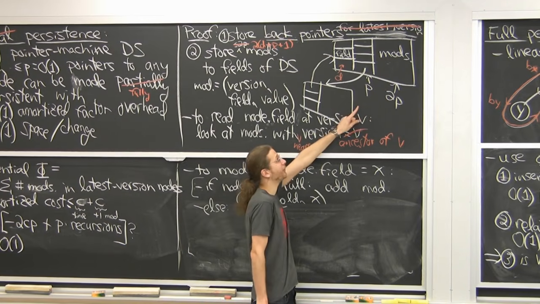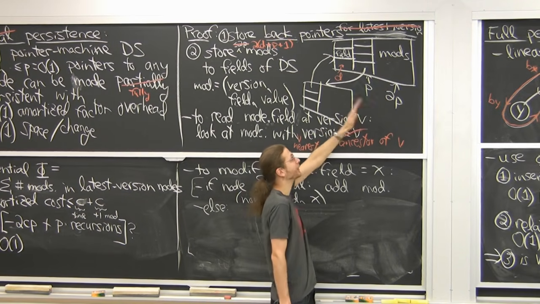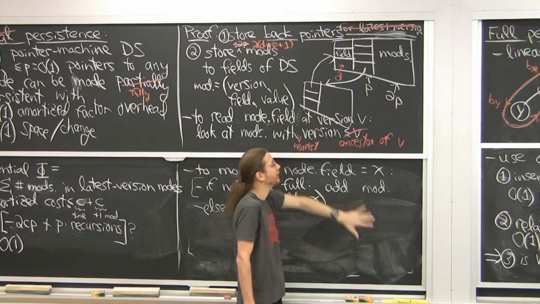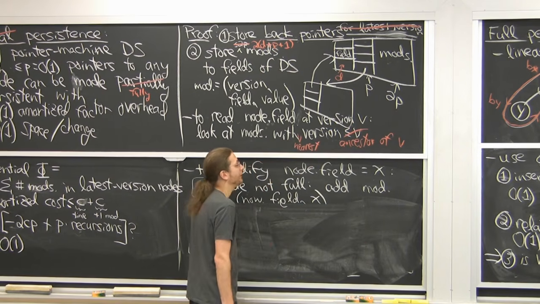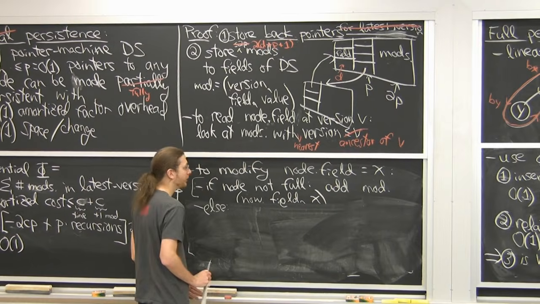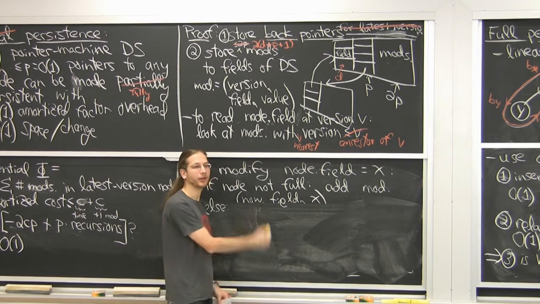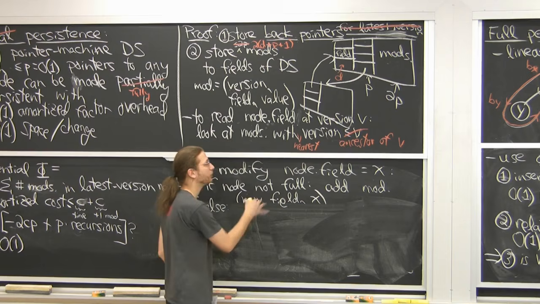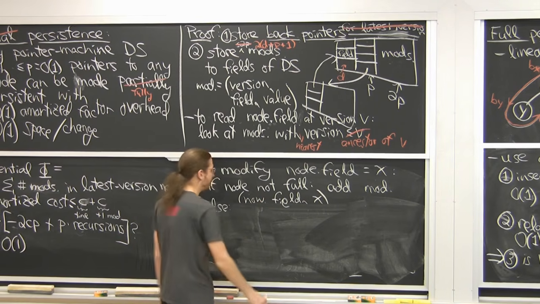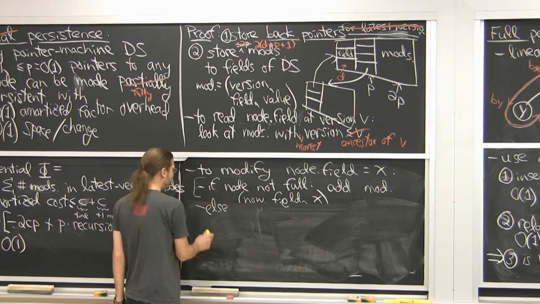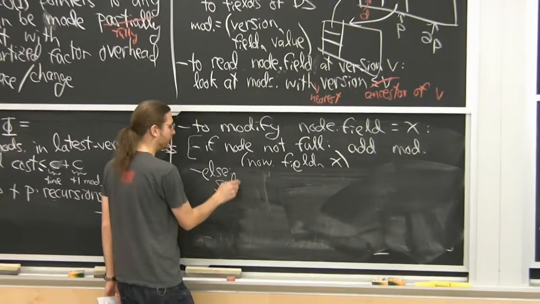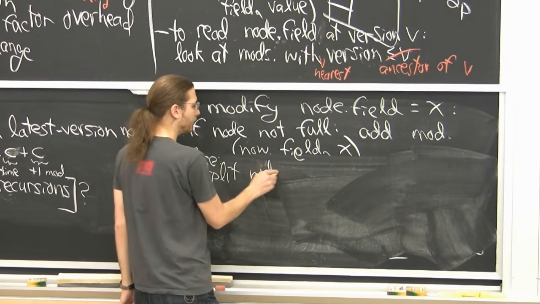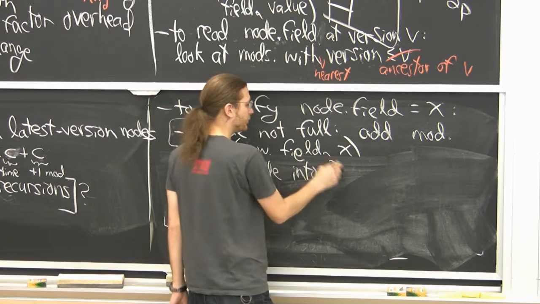This is where we're definitely not functional. None of this was functional, but now I'm going to change an old node, not just make a new one, in a more drastic way. Before I was adding a mod, that's not a functional operation. Now I'm actually going to remove mods from a node to rebalance. So what I'd like to do is split the node into 2 halves.